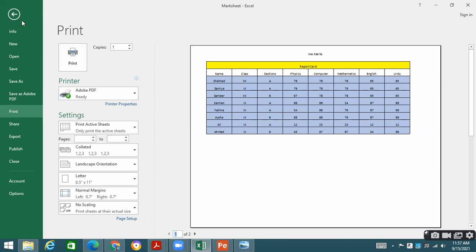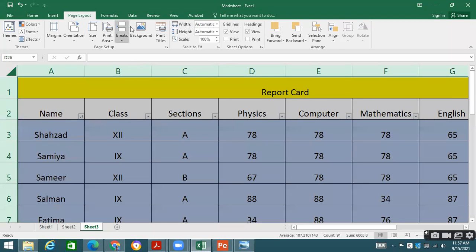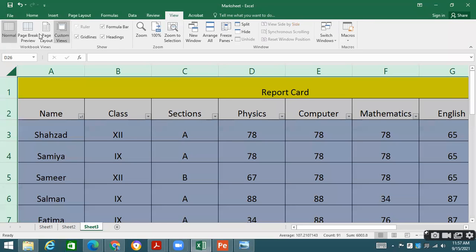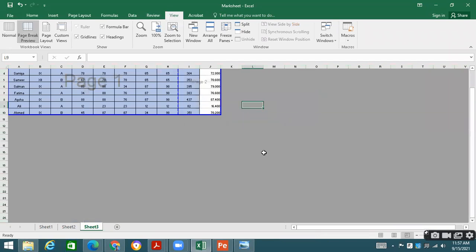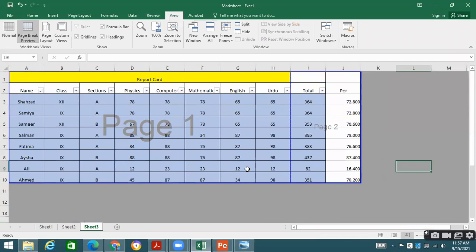How can we adjust this? This is very important. If you go to View and click on Page Break, it will show you the area having the text only. The rest of the area will be shown in gray color. See students, this is very important whenever we are printing a document in MS Excel, and most people, even those who are very familiar with computers, are not able to send a proper print from Microsoft Excel.